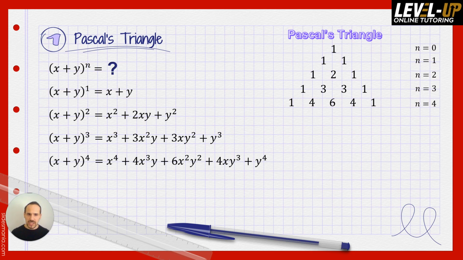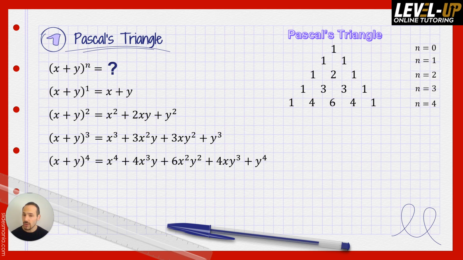This is Pascal's triangle. It's a pattern in these coefficients that a famous mathematician known as Pascal found. And if you look closely at those numbers, you might be able to notice a pattern between each row and the previous row. So you might want to pause here and see if you can see what that pattern is. If you look at each row and compare it to the row above it,